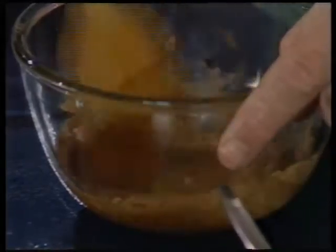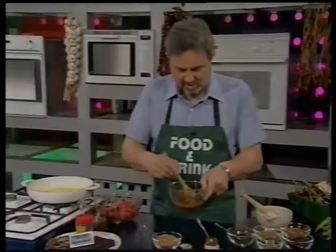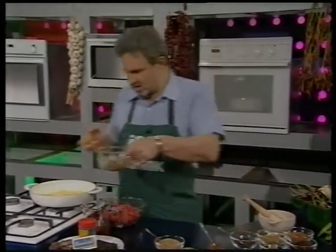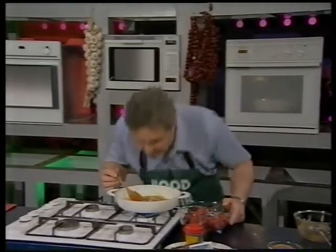Now this is because what you want to do is to fry the spices very gently for a minute or two before anything else much gets added to the curry, and that way their flavours come out and they don't taste raw when you've cooked them. So I'm going to add that to the onion and garlic, and I'm going to turn the heat up, and that's going to fry till it's quite dry and the paste has lost its moisture and the whole thing starts to become fragrant,